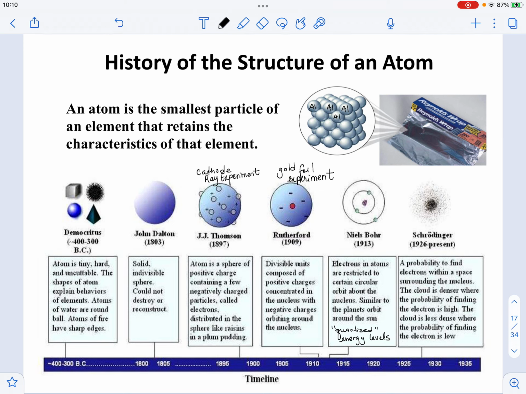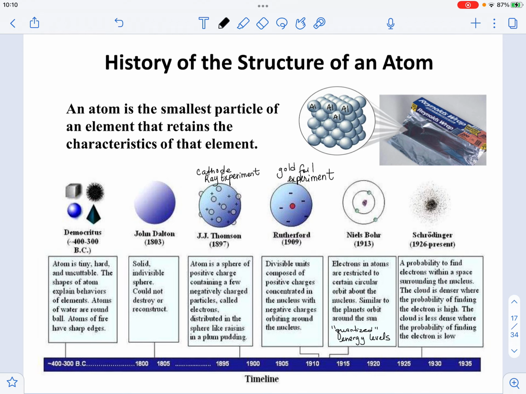He called it the plum pudding model because that is a popular dish where he's from. But if we try to relate it to something that may be more common in our area, it would be like a blueberry muffin, where the blueberries are the electrons and the cake is that area of positive charge. Now, in order to understand what was the content of that positive charge, in 1909, Rutherford